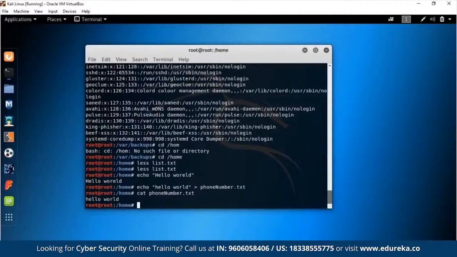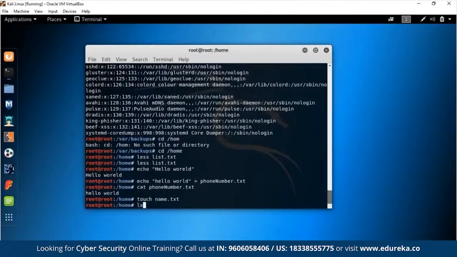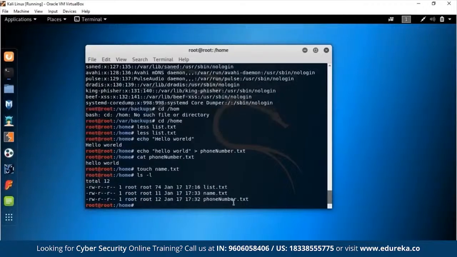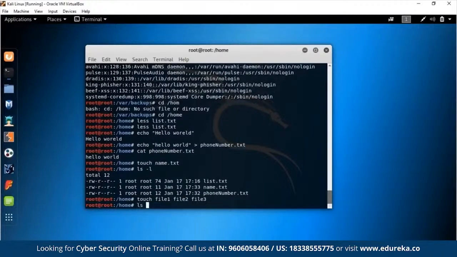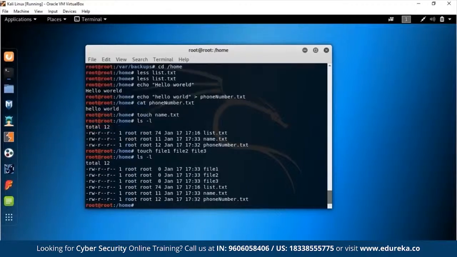Okay, now let's also see how you can make directories, and that is with the make directory command. But we also have to do touch before that, I forgot. Touch is used for quickly creating files. You could say touch and then the file name. So we can create a name file again, name.txt, and that will create name.txt. Let me just show it to you with ls -l, and we have a name.txt. We can also create multiple files with touch, and we could say file1, file2, and file3. Like this, you can create multiple files, and let me ls -l that and show it to you. And we have file1, file2, and file3.